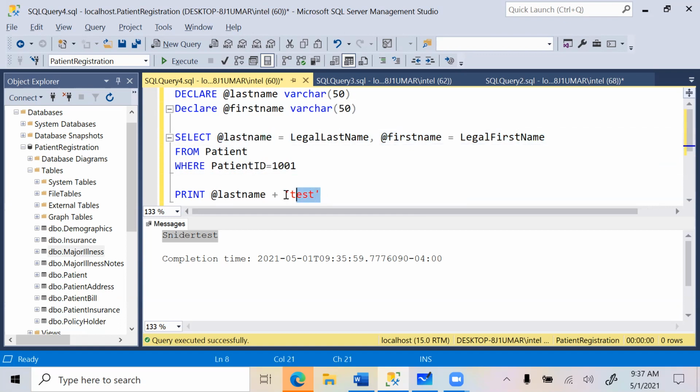Then I can do something like this with first name. So it will print me the full name, basically. Let's format it a little bit so that we know: last name, comma, first name. So if I run this script, it will print Snyder, Eric. Whichever way you format this one, so if I add first name first,